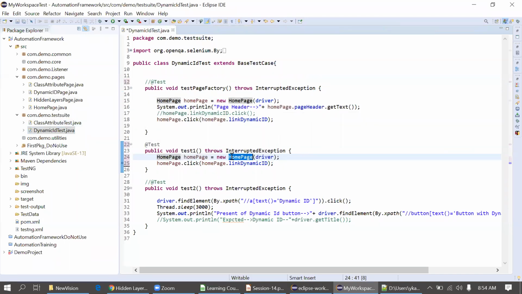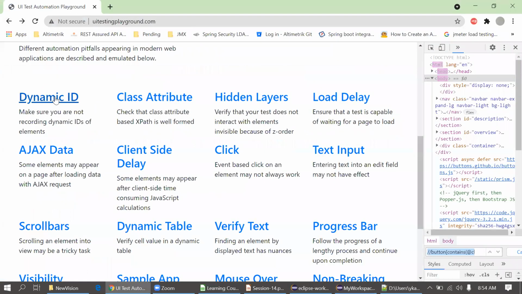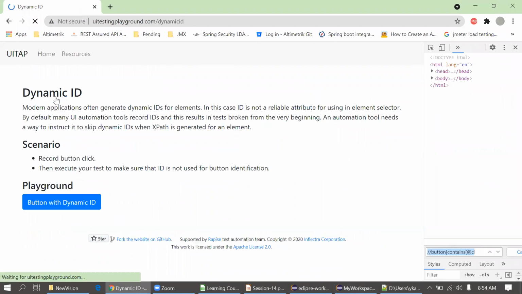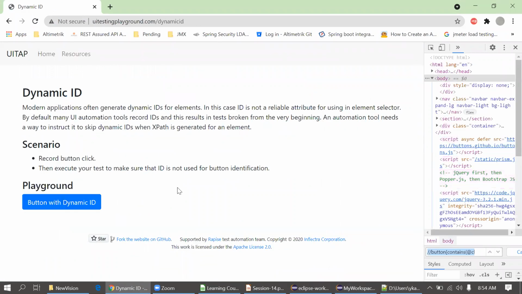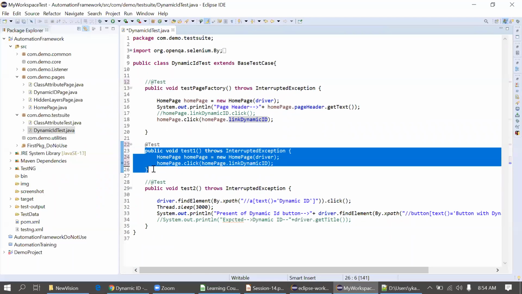Whenever I'm invoking the home page, I'll click on the link dynamic ID page, and in this I will verify the button presence. But this is my first test case, just to open the dynamic ID page.